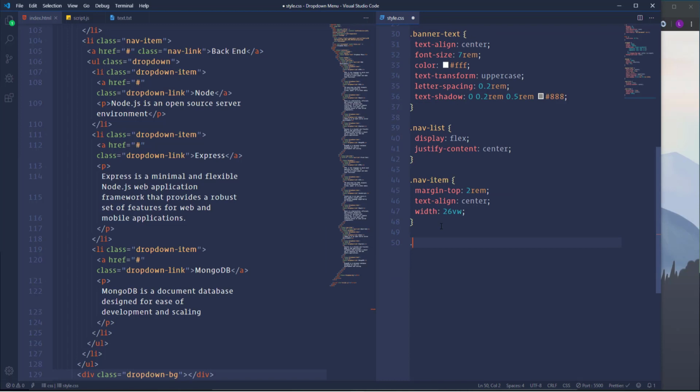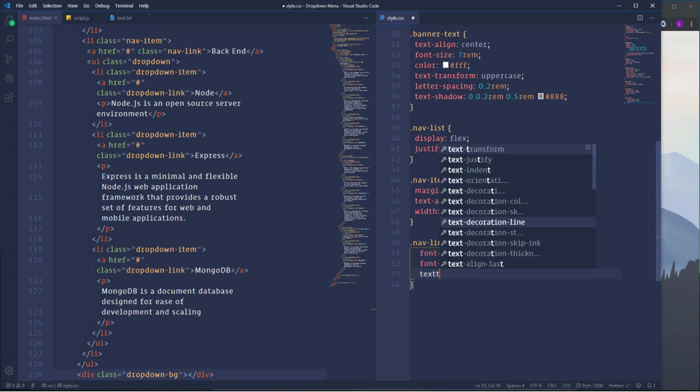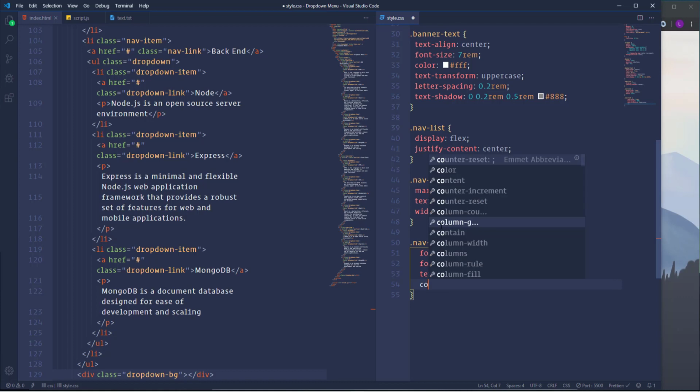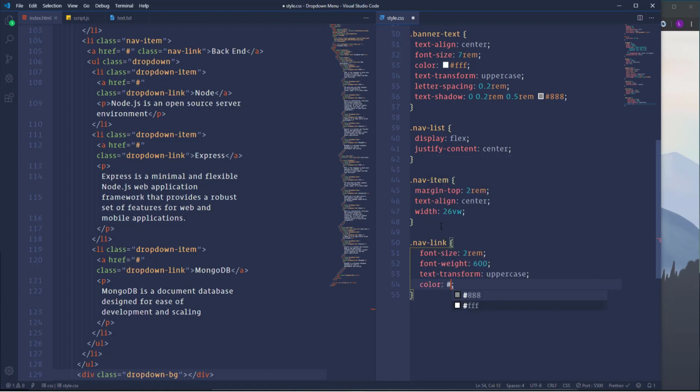Select them. Increase the font size, make it 2 rems. Also, I'm going to change the font weight. Let's set it to 600. Then transform text into uppercase. Change the color. In this case, I'm going to use color #245F9B